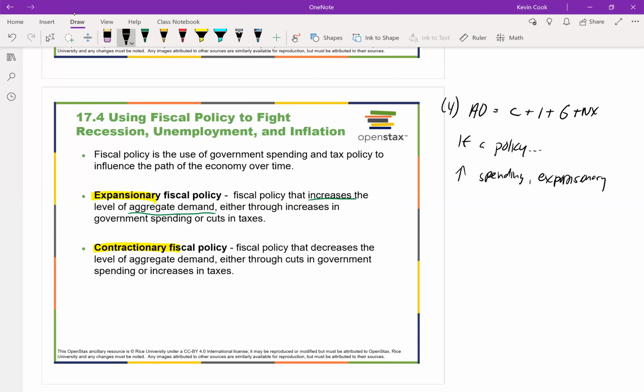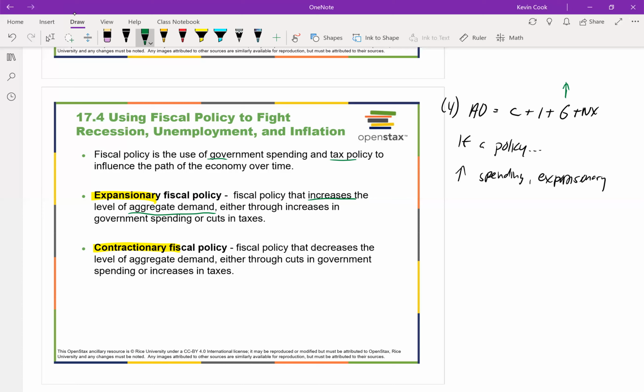And there are two ways we can do this. The first is we can either increase our government spending, right? Because the two things that government control, again, are their own spending and tax policy. So we can either increase government spending or we can cut taxes,